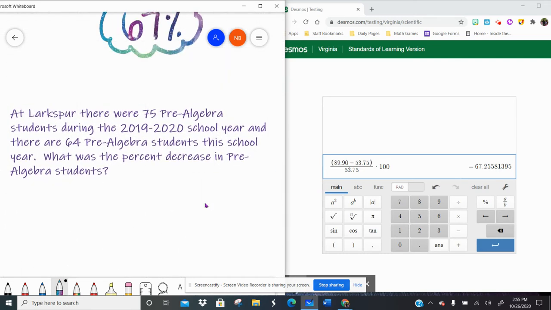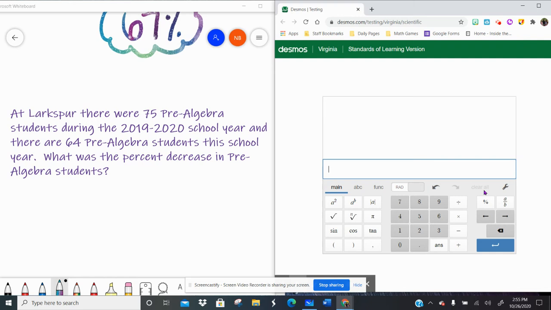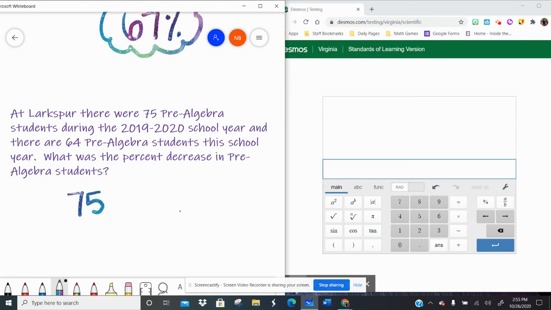All right, let's look at this one. It says, at Larkspur, there were 75 pre-algebra students during the 2019-2020 school year, and there are 64 pre-algebra students this school year. What was the percent decrease in pre-algebra students? So again, we're looking for change. So we're going to take big minus little